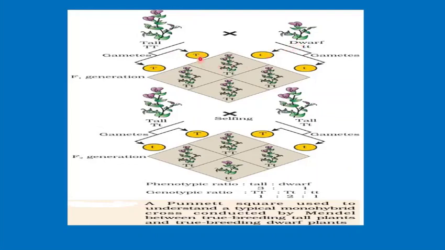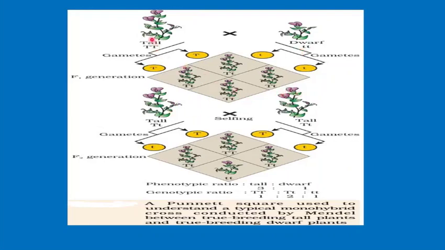Now when you are writing it in the square, you have to just take one allele from the male and another allele from the female, and this is how the zygote is formed. So capital T and small t. Here also this T will be combining with this gamete and will form a zygote having the genotype of capital T and small t. Here also capital T and small t. Here also capital T and small t. And as I told you, all dominant factors are present, so the plants produced by these were tall in nature. The dwarf allele was recessive, it was not exhibited in the F1 generation.